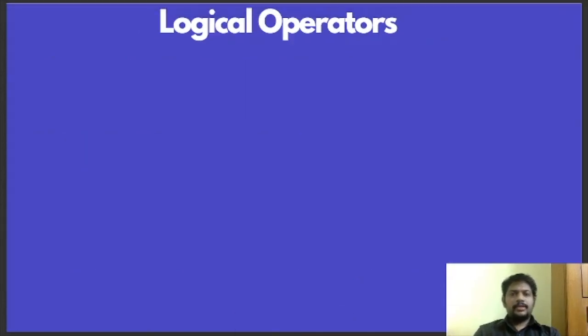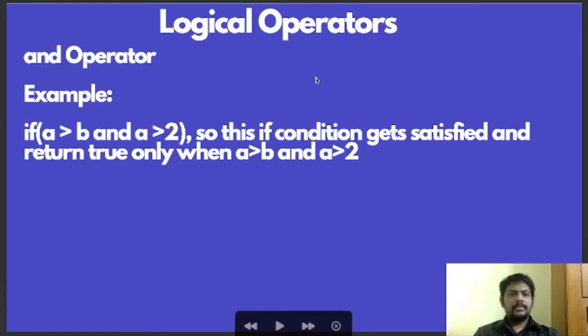Now let us talk about logical operators. So till now we have seen arithmetic operators, assignment operators, comparison operators. So these are the logical operators. AND is one logical operator.